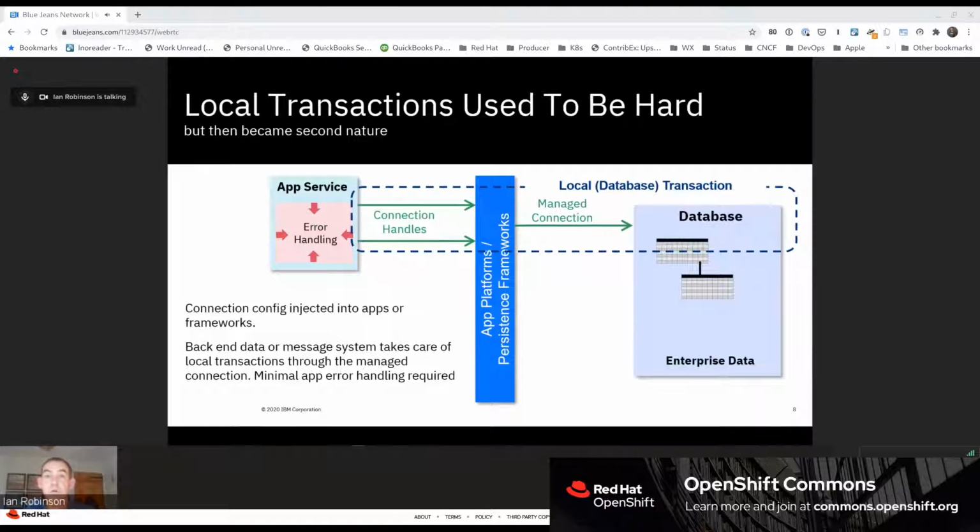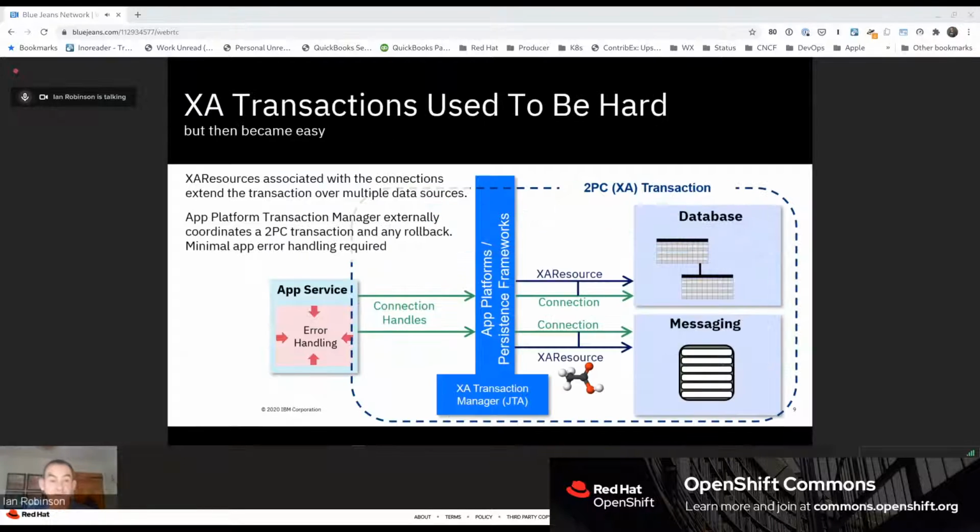So that's an example of the cycle I was talking about at the beginning. You get the ability to use local transactions extended into your middle tier. It becomes a little bit difficult. You have database specific or backend specific APIs. There's error handling that has to go on when you want to roll back that local transaction. And suddenly Java EE, well, not that suddenly, but Java EE comes along, architects a nice solution through JDBC, JCA, and it's all hidden. That complexity is all hidden by the connection. So local transactions used to be hard, and then they became easy.